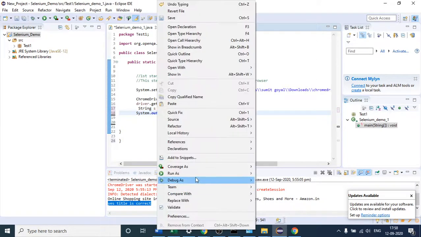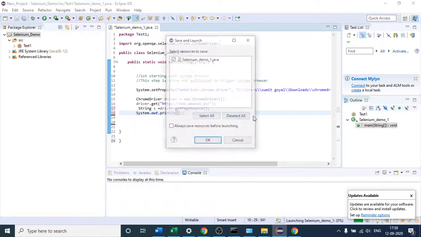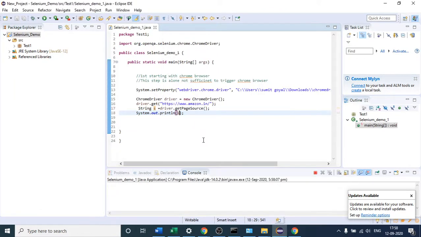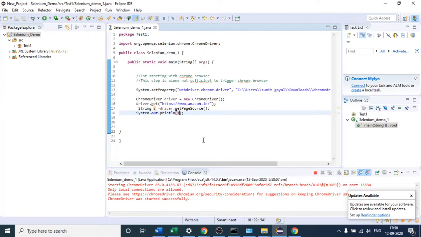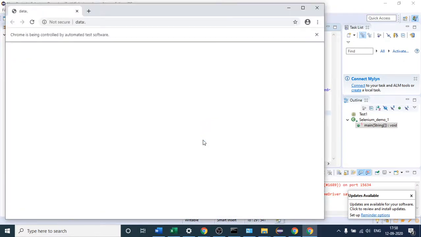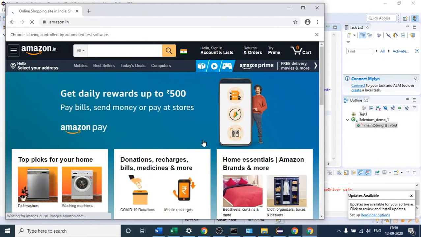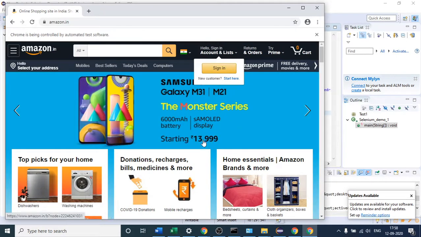If I run this, you will see whatever code they have used to write Amazon.com will be printed in your output. So you will be able to see what the code is. Let us check. It has opened the Amazon website. I think it has pasted the code. You can see on the back.